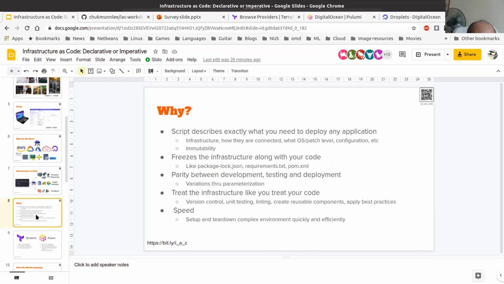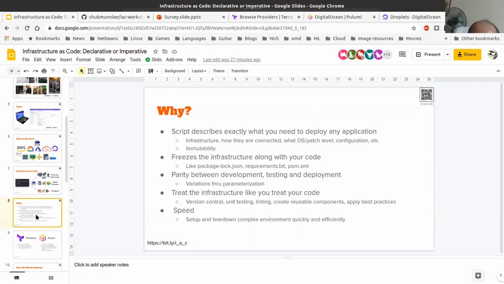So first of all, when you write a script to provision something, even a simple script like a curl command to provision hardware, what you are really doing is describing exactly what you need to provision. Unlike in the old days, where I have to tell the admin, hey, I want a server with, let's say, 16 gig memory.